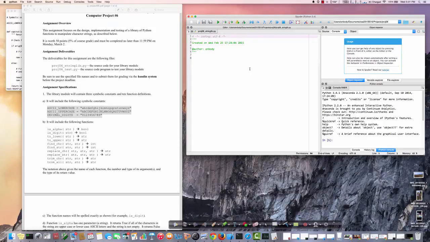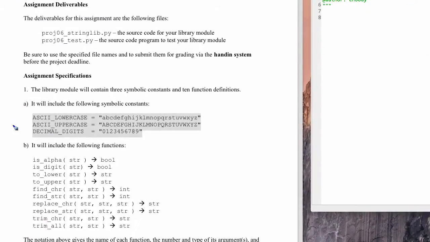Everybody. We're going to take a look at Project 6. And what are we supposed to do here? Well, we're going to build a bunch of functions that are just like the string functions that come with Python. We're going to put them all in this library file, stringlib.py, and then we're going to create another program that's going to try out those functions that we create. That is, our test program is really you demonstrating to your TA that all those functions you created really work